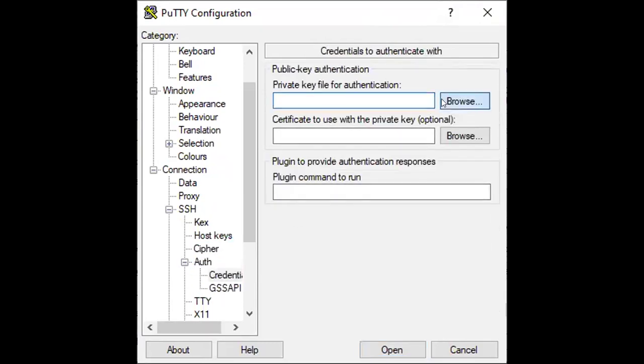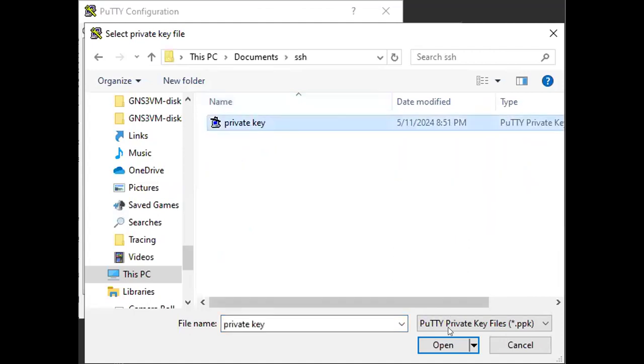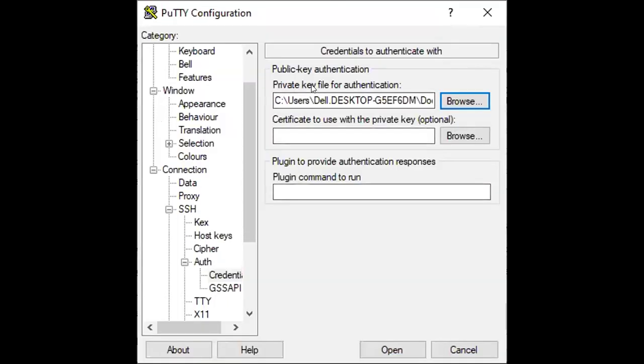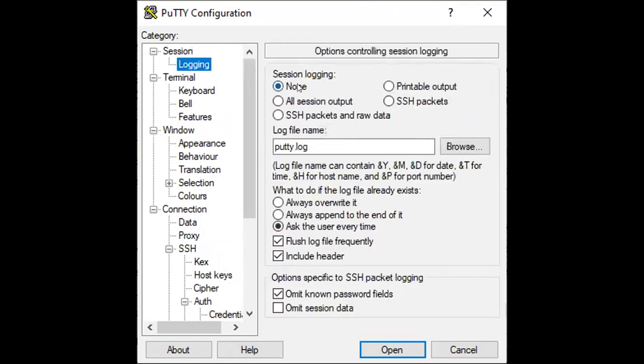Here you have to add the private key. As you can see, it is saying private key file for authentication. Go to Data and enter the username hello that I have configured, and enter the IP address.